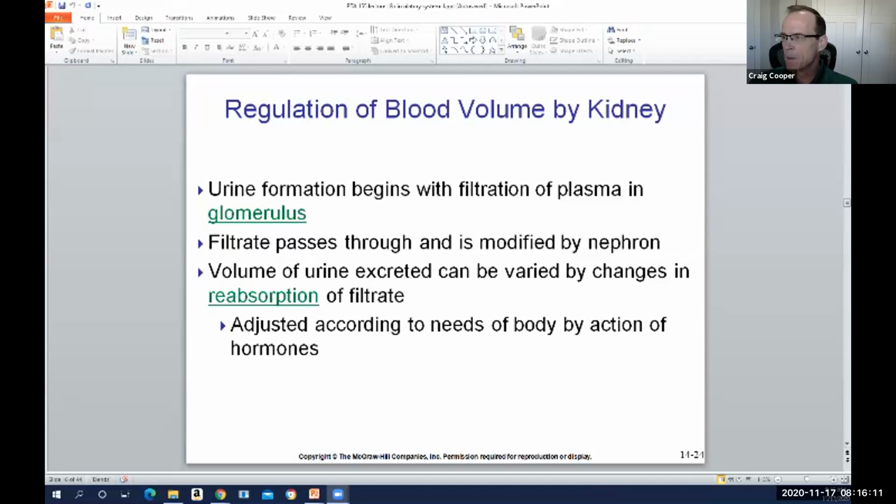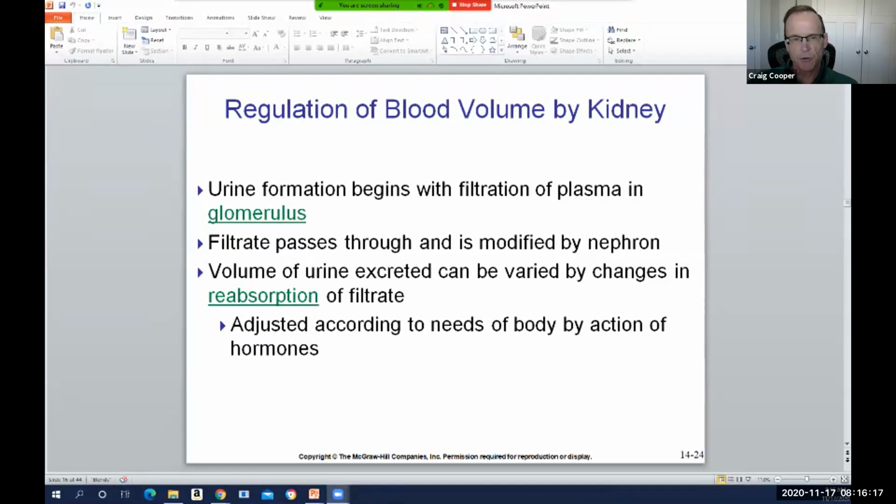So I'm just going to jump in where we left off last time as far as blood volume, blood pressure control is concerned. So in order for us to maintain good blood pressure in the body, we need to have a sufficient volume of blood. And so we've got a couple different hormones that function at the level of the kidney primarily that help us to do that. The kidney's in charge of basically deciding, along with the hypothalamus, if our blood is too concentrated, too dilute, if there's a buildup of too many ions, a buildup of too many waste products, and basically trying to figure out what it needs to get rid of to maintain homeostasis and what we need to kind of hang on to. So we're going to talk about two different hormones that act on the kidney that are basically going to